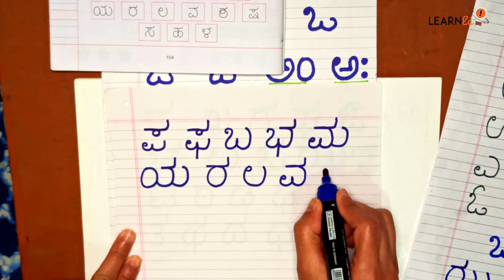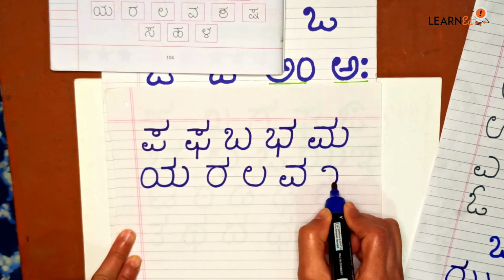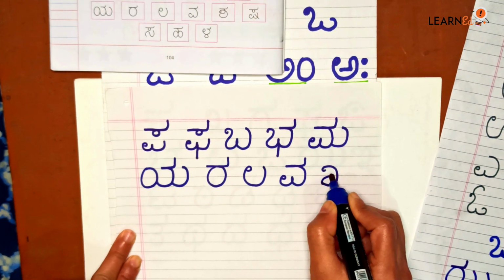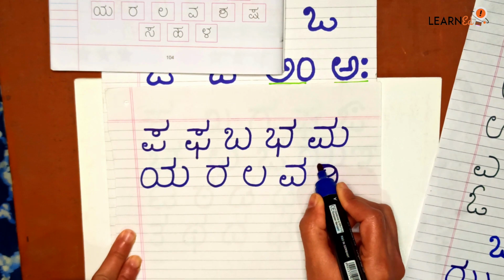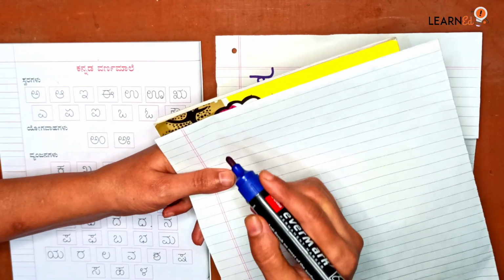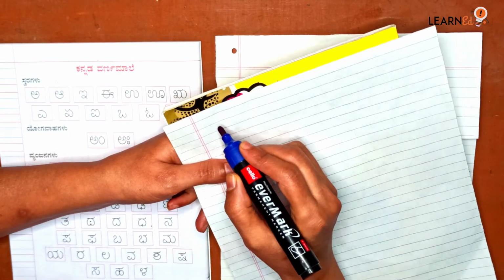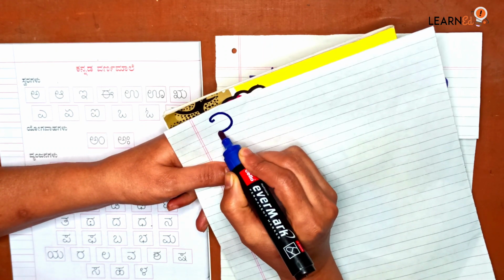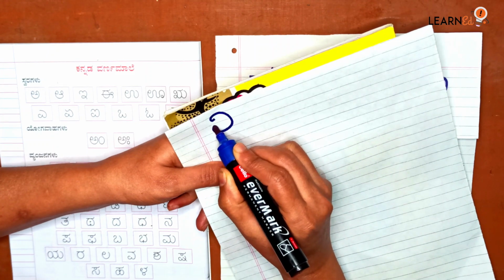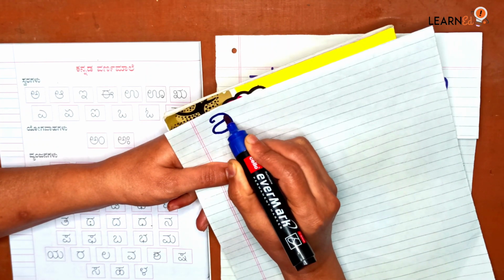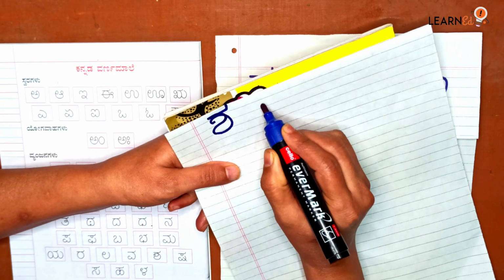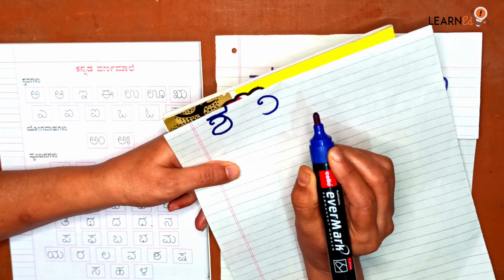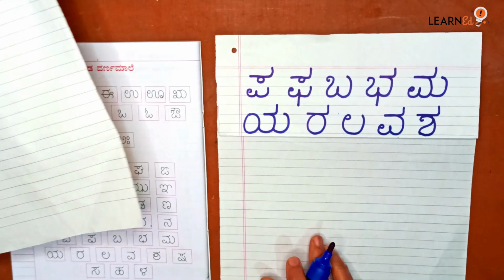Now sha. It's very easy, it looks a little difficult. You come this much, then you make a curve, touch here, go up, put a sleeping line. I will show you here. It is very easy. Just write C, ulta C, then make like a shell, touch here, then go up like this. See, like this, then go here. Okay, sha.